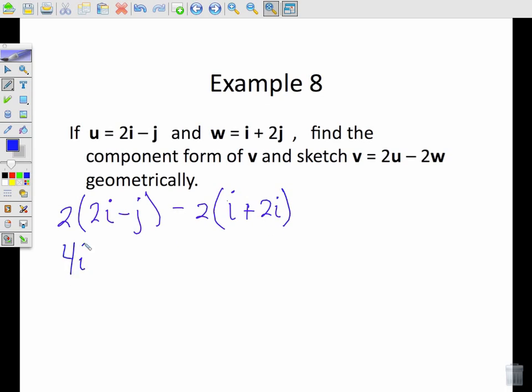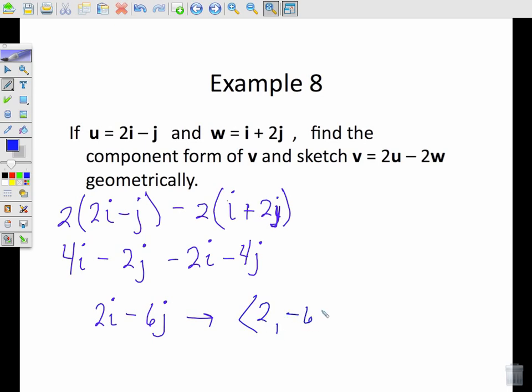Let's do all the algebraic parts to this. So this is 4i minus 2j minus 2i minus 4j. This is supposed to be a j right there. Adding like terms, 4i minus 2i, so it's 2i, and then negative 2j and a negative 4j is minus 6. These are j's. So this then is the vector 2, negative 6. So sketching that,